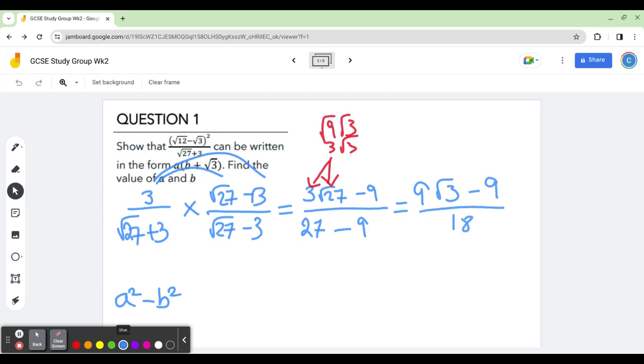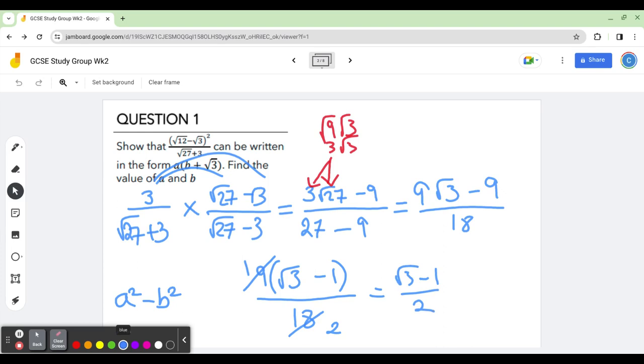Let me factorize that numerator so I can simplify that fraction. I'm going to pull out a 9 there, divided by 18, and then simplify that by dividing by 2. So I end up with root 3 minus 1 over 2, and the question tells me to leave